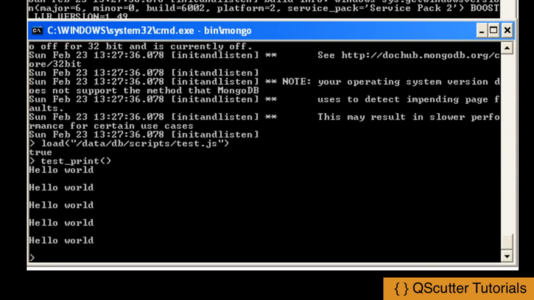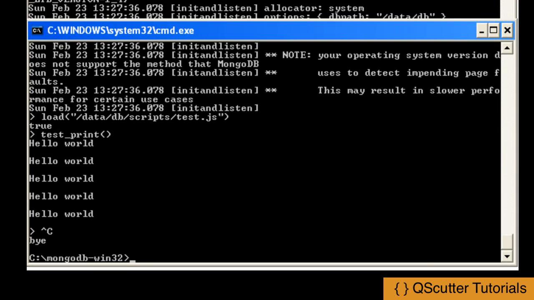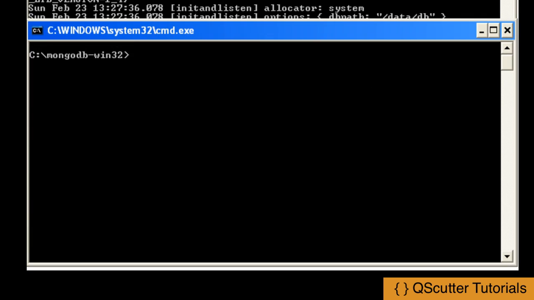So we exit out of the current shell and we run mongo, and specify the script file that is to be loaded when it runs. So we specify the complete path to